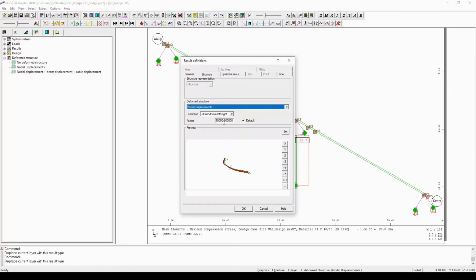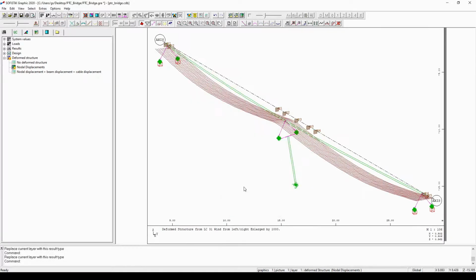And now I just need to set up a factor. For example, instead of 10,000, I will just simply add 1000 and click on the OK button. And now I will see the deformed shape of the structure, or the nodal displacement of the structure. Load case 31 was the wind loading, so when we see a deformed shape in the global Y direction, it seems to be reasonable. As a personal preference, I do not like this type of representation, so I'm always representing